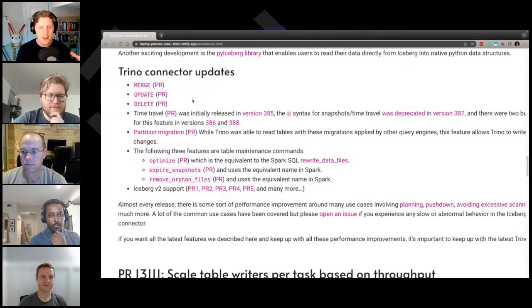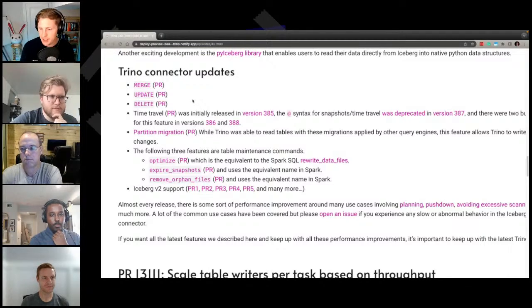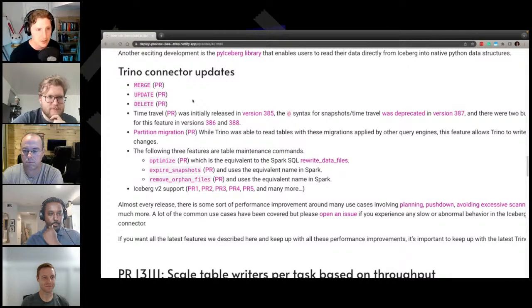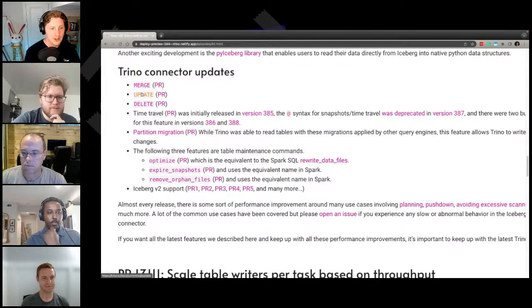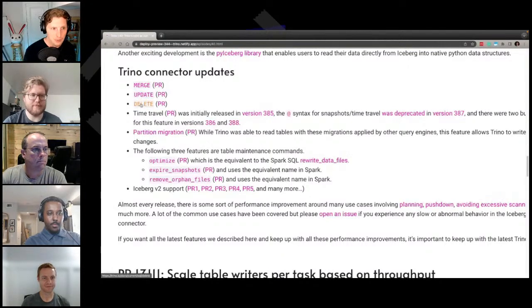So it's a very powerful SQL construct that we got in, and it's very popular with Iceberg, since Iceberg does support a lot of this ACID transaction capability. So it's super exciting that we got this. We also had a couple of other create, read, update, delete capabilities. We obviously have always had read, but the update and delete capabilities are also very important to a lot of folks that were needing that support.